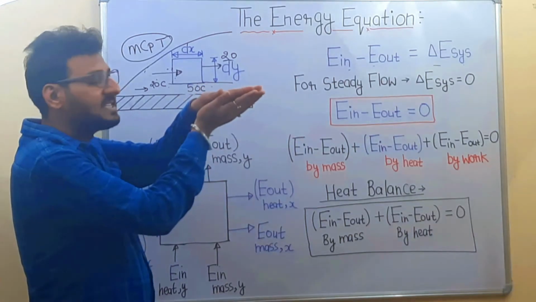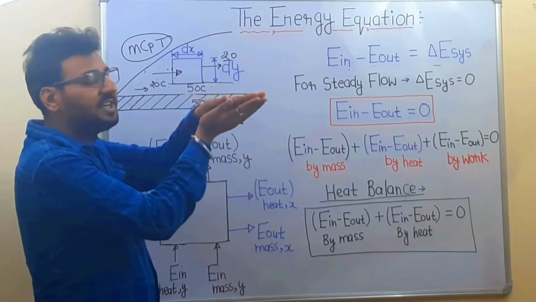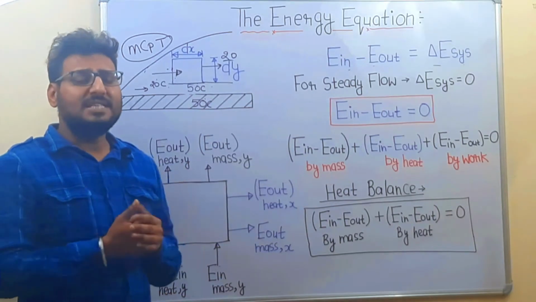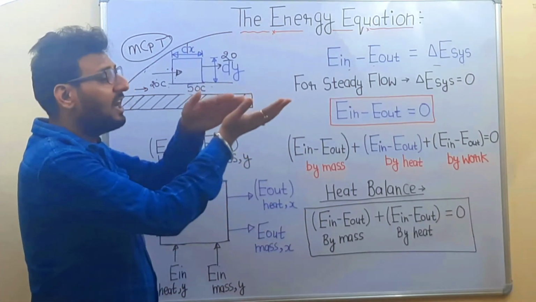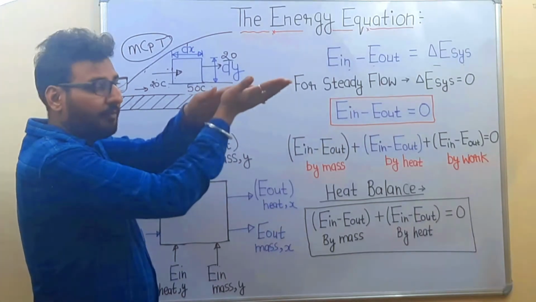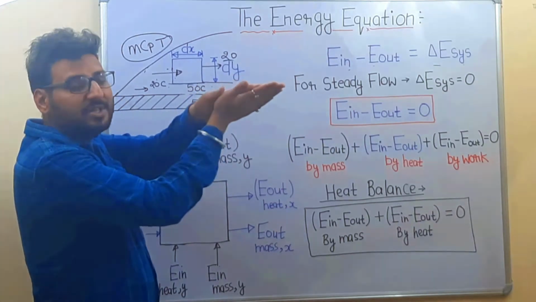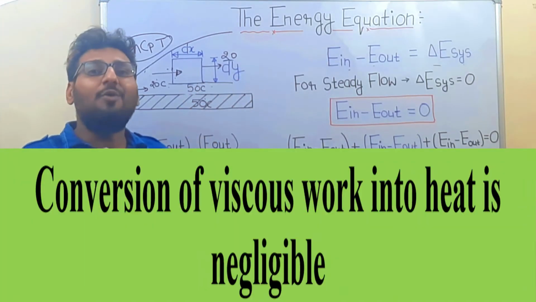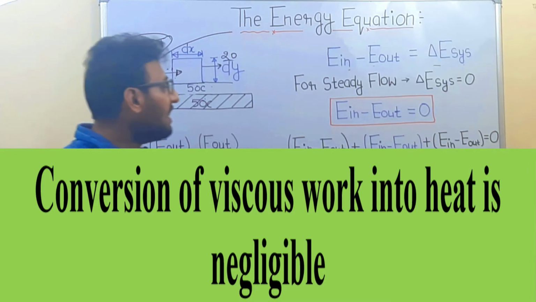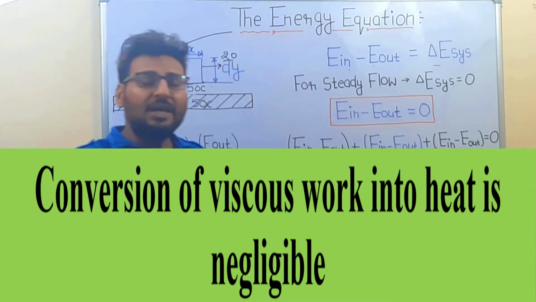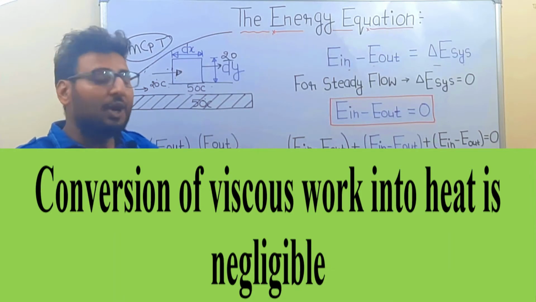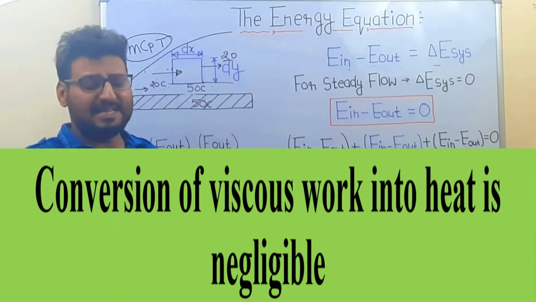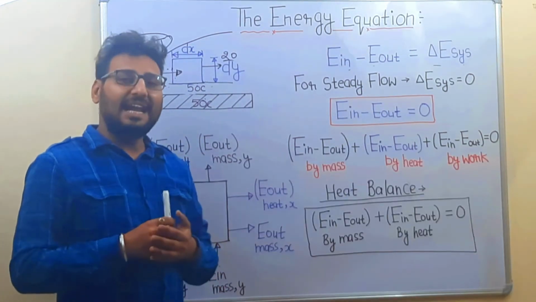Now this energy is considered in the energy transfer by work in energy balance. From the basics we know that when we convert this mechanical energy into heat due to friction, the amount comes out to be very less. So the amount of thermal energy due to the fluid friction or the viscous effect of the fluid is very less, so we can neglect this value.